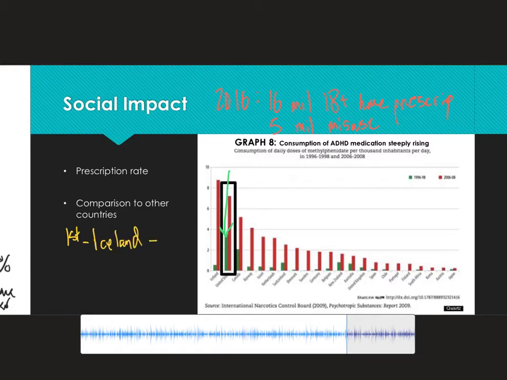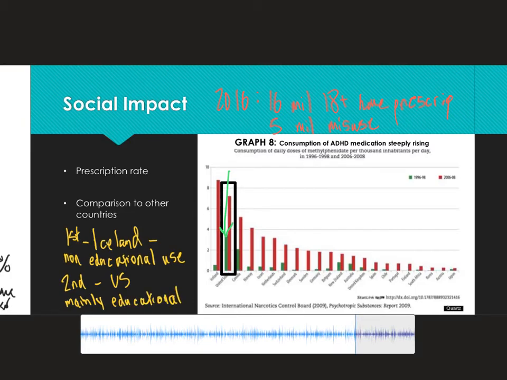That goes to Iceland. I would imagine Iceland is probably number one due to long days. It might be hard to regulate sleep and a circadian rhythm. It might not entirely be for educational deficiencies. The point being that most times in the United States, you're getting an ADHD medication or a stimulant in order to curb some sort of educational deficiency. And we are so close to rivaling Iceland, where they more use it for non-educational purposes.